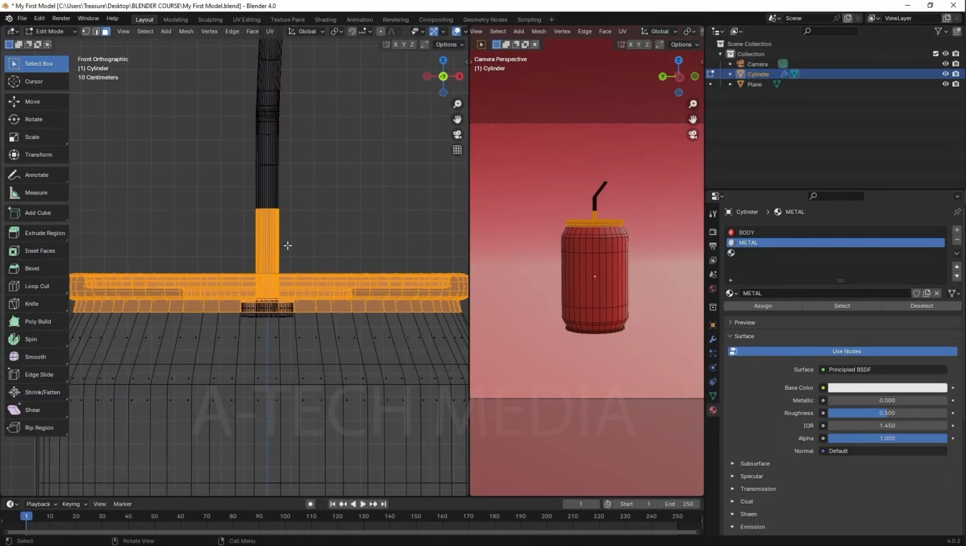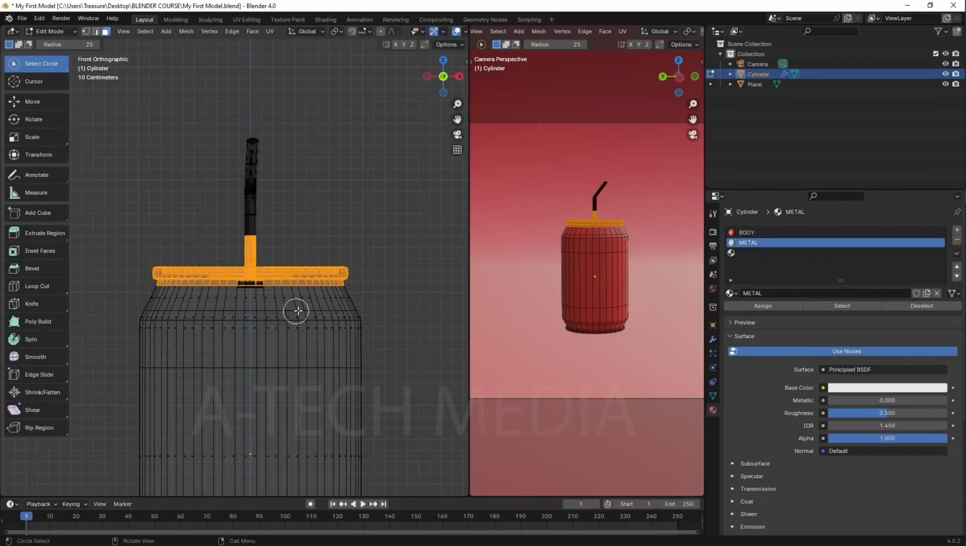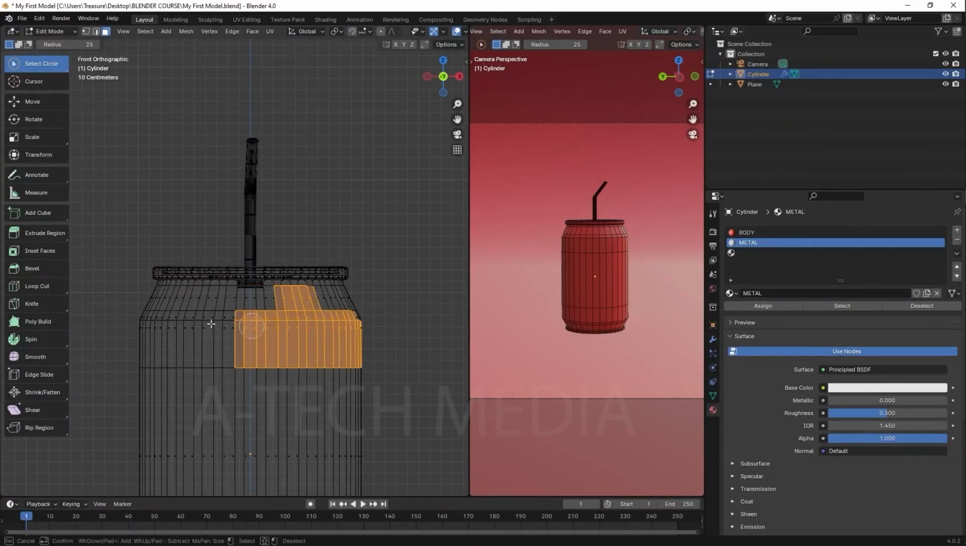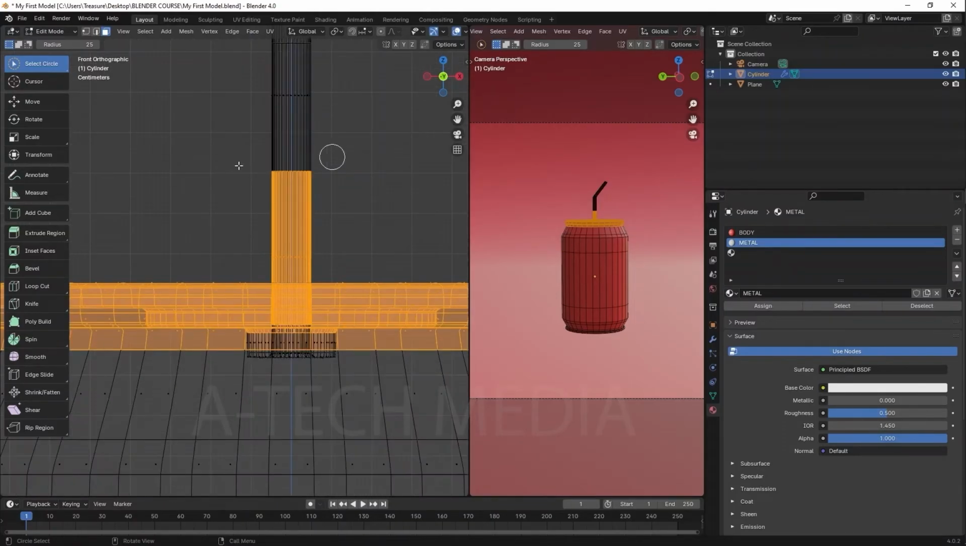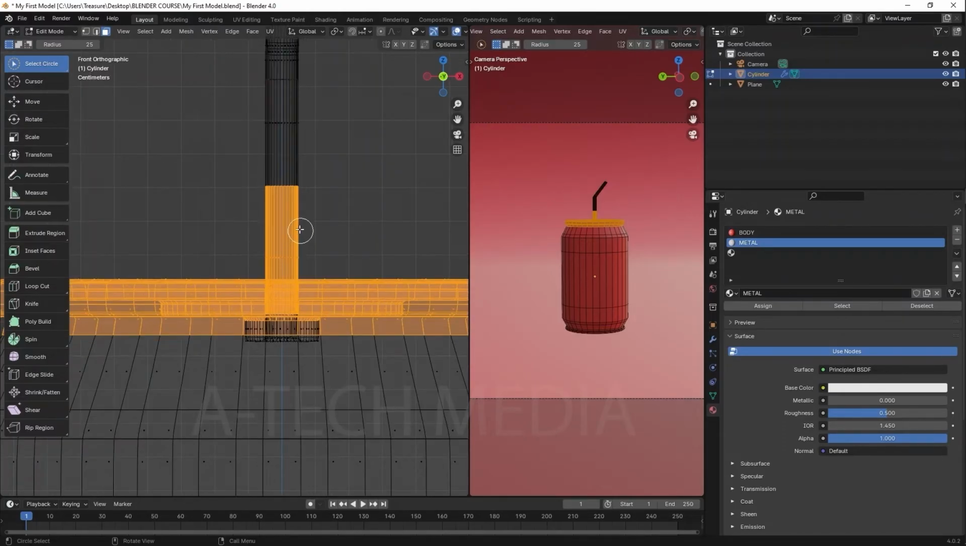Press C. Another thing too, if we come here and press selection circle, we create a selection circle. If we click around, it's going to highlight anything that we selected. So those are some cool ways to select things. But the cool thing about the selection circle is that if we use the middle mouse button and click,